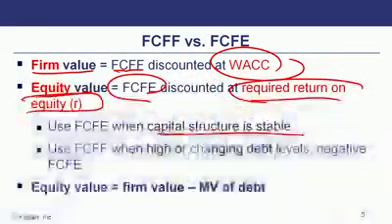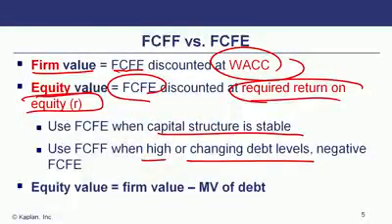Now, I'm going to use free cash flow to the firm when there's a high level of debt, or changing debt levels, just like what I talked about before. Because of that, as the debt is changing back and forth, interest is going to bounce up and down. But free cash flow to the firm is immune to that because I'm adding back interest expense. I'm looking at the cash flow available for both the bondholders and the equity holders.